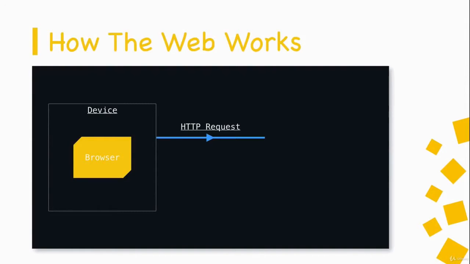For example, the user might type in example.com. Now in this case, the browser will actually have to send a request to a DNS server first. And that DNS server will convert the domain name into a related IP address. So the browser will basically ask a DNS server, hey, I need the IP address of the server that hosts